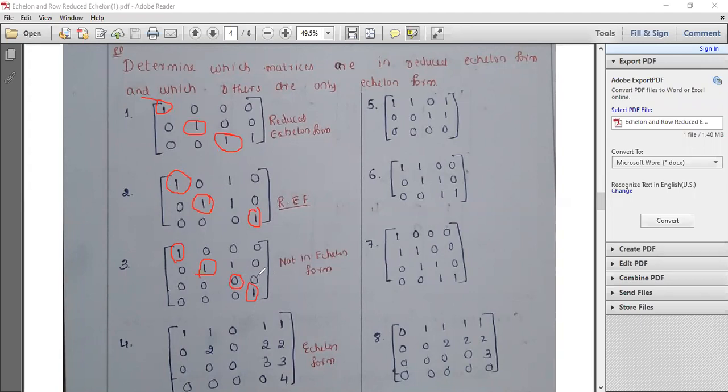This one is not here. If this one is here, then you would have said that this is the leading element. But this one is not. There is no one here. This one is here. That implies the second column is not having any leading entry. Try to understand. Getting the point?